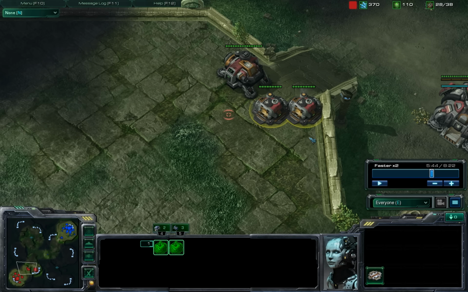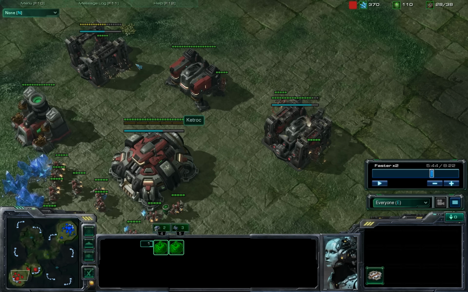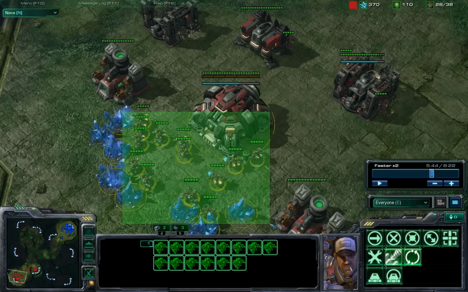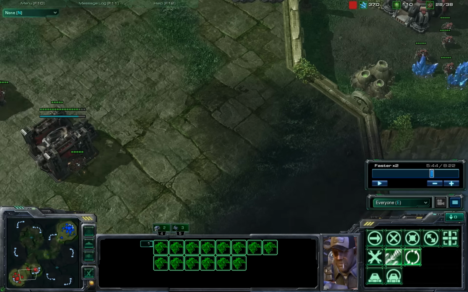So what often happens, as you've seen in my previous videos, the Stalkers will blow through, they'll get in my base, and then I'll usually hold them off with a combination of my first Marauders and attacking with my SCVs, but I'm going to lose a bunch of SCVs. And if I don't lose a game outright at that point, I'll definitely get my economy devastated to the point